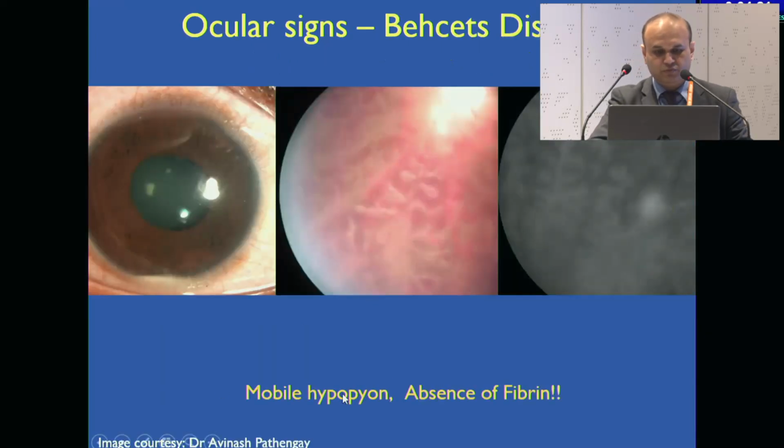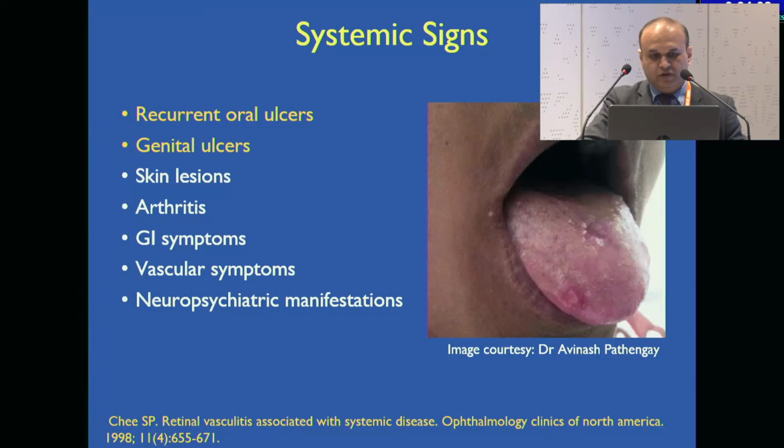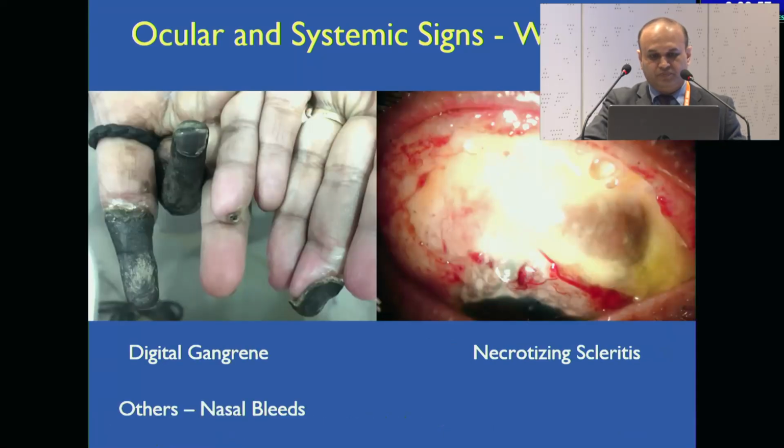You see patients with mobile hypopyon, extensive peripheral vasculitis, and an FFA showing this fern leaf sort of an appearance. Your diagnosis kind of becomes simpler. You are dealing with probably Behçet's disease. So like I said, look for history of oral ulcers and genital ulcers, look for any skin lesions, all of these points, and you know that probably Behçet's is the underlying etiology behind the vasculitis that you just saw.